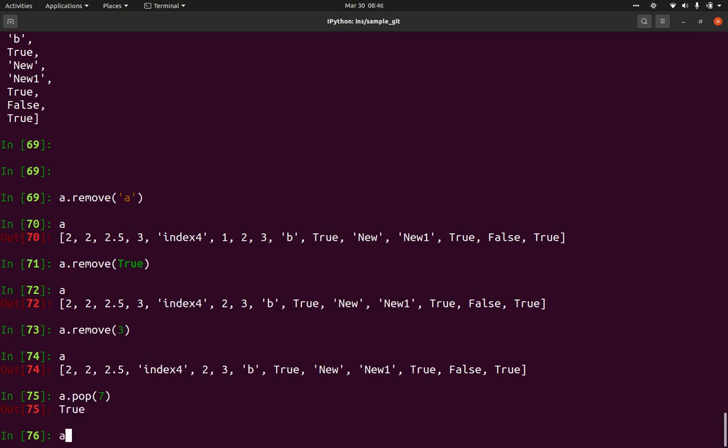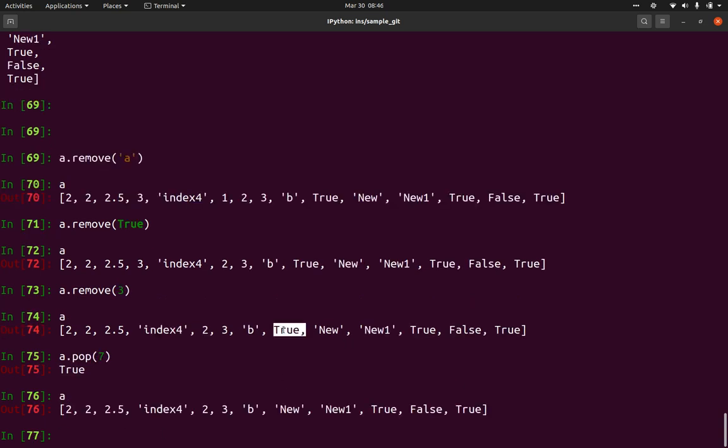Now if you go and check the list, that particular boolean value is also removed. So this is the difference between these two methods. Remove takes the element value, pop takes the index value. Always remember this. And remove cannot remove boolean values, but since we are using index values in pop, you can remove any data type, right? We are just removing that particular index from the list. So these are your list operations using remove and pop.